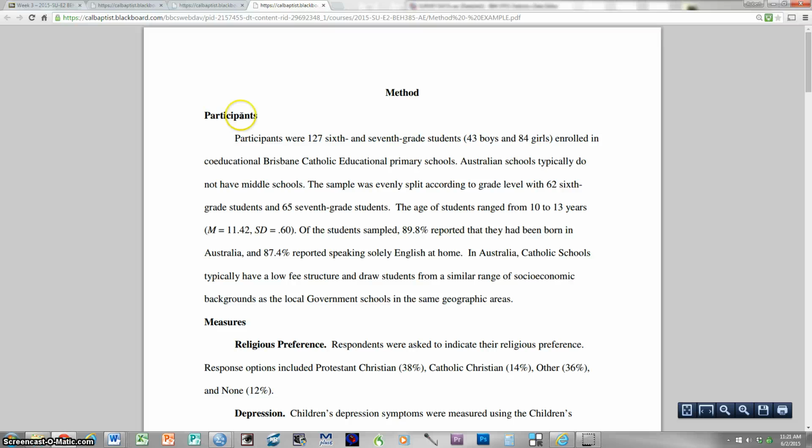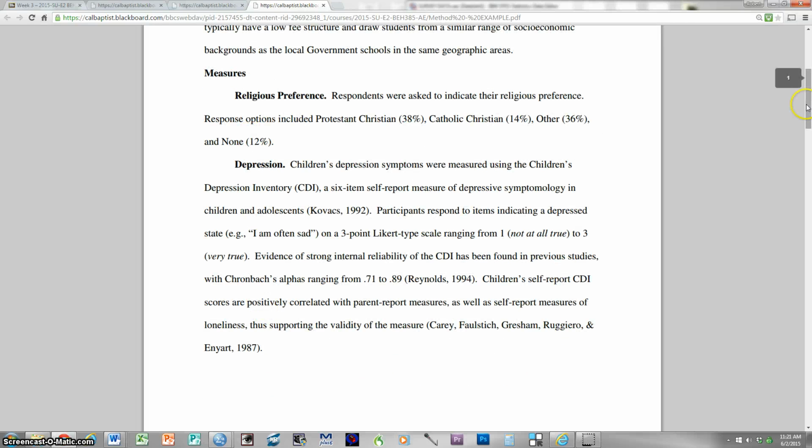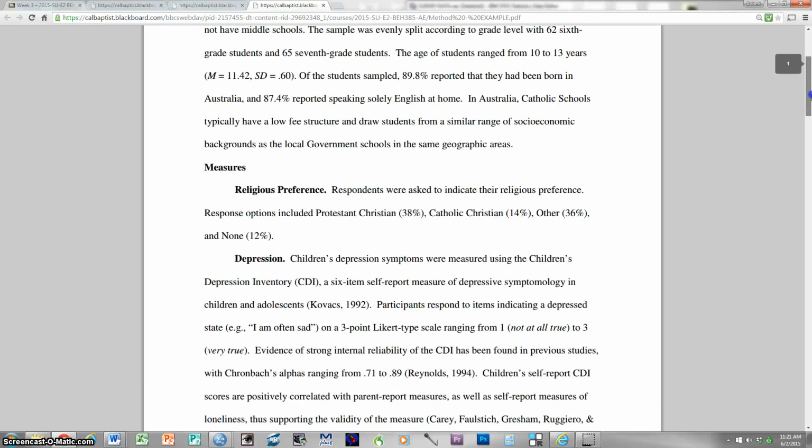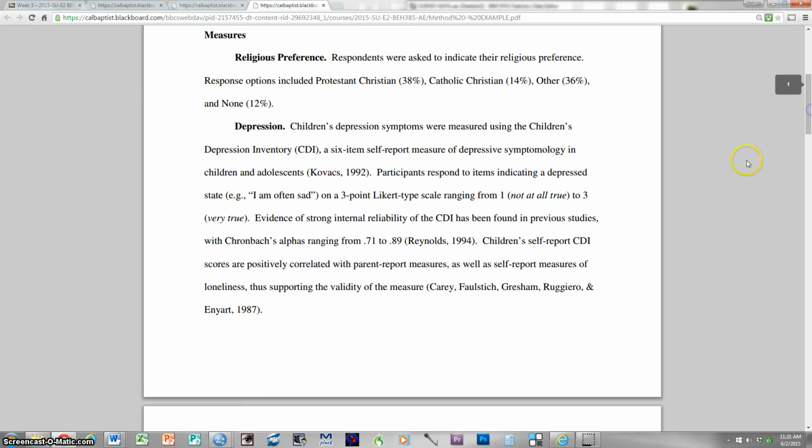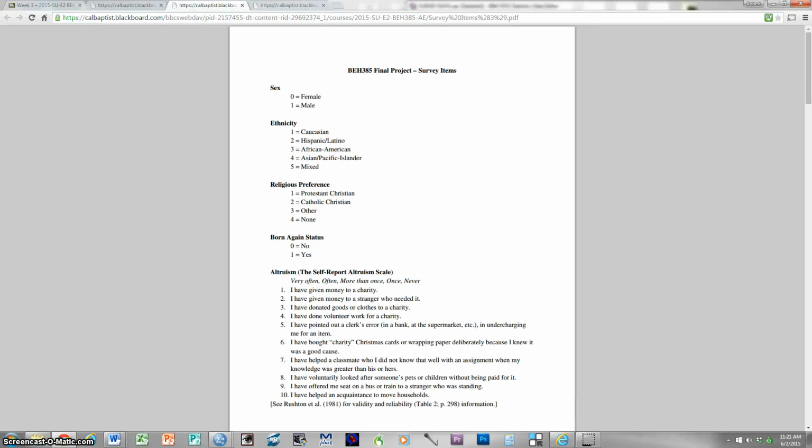So the first level 2 heading was participants. We've covered that. Down here to measures. This is the next level 2 heading. You have to include all 3 of your measures. So when you submitted your research proposal a couple of weeks ago, you told me which 3 measures you were going to use in your study. The first measure was a categorical demographic variable, and it would have been either sex, ethnicity, religious preference, or born-again status. So you're going to put whichever one it was